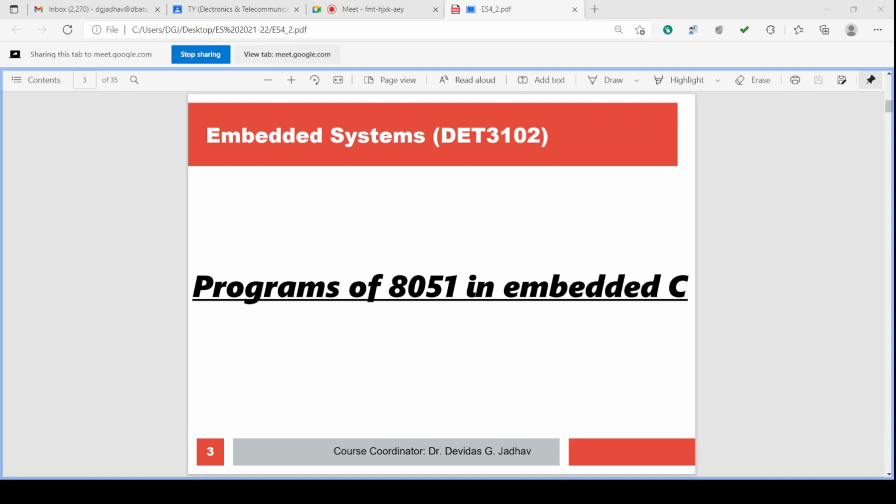We can write the program in Keil, and we have to compile it and make its executable file. Then this executable file is selected, and that is written into the 8051 or 89C51, both are the same ICs.